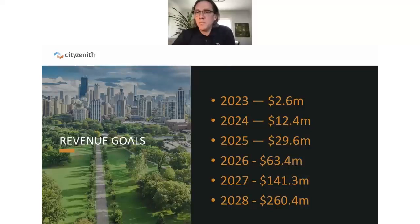What is the profit margin expected in these goals? Well, let me see if I can pull that up. We did not show that. One second here. I actually have that document, I think. Bear with me. Okay. We just sent the diligence documents in, so we know. Okay. So,